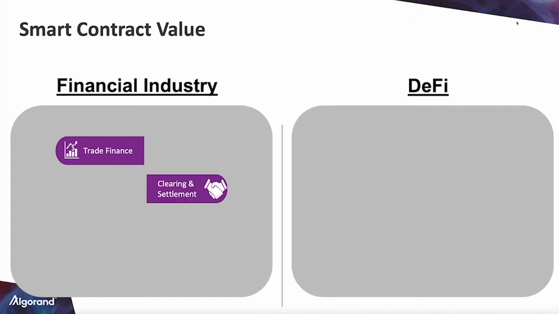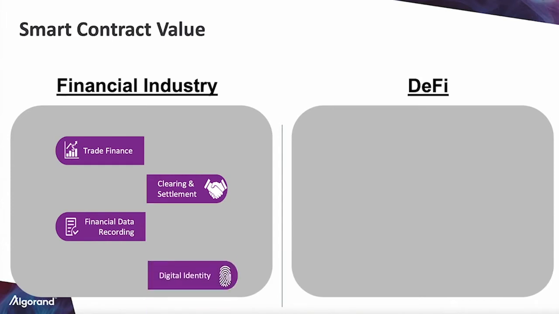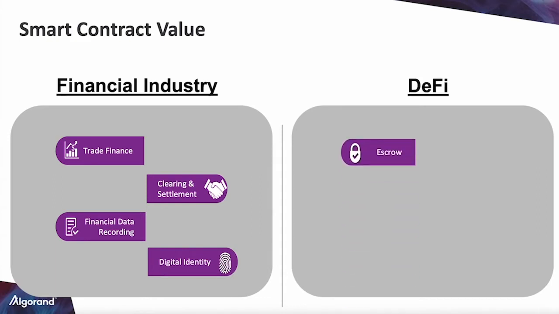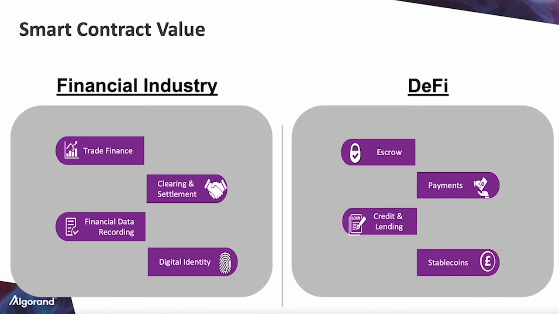All right, so what are some of the values of smart contracts? Well, in the financial industry, you have things like trade finance. You have clearing and settlement applications that could take advantage of this. Financial data recording. Audit trails are built right into the blockchain. Digital identity, another great solution for the finance industry. And then getting into DeFi, you've got things like escrows and payments and credit and lending and stablecoins. So this really rounds out a lot of the value of smart contracts in a lot of these key different